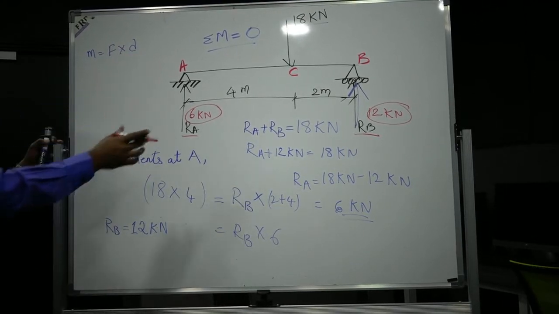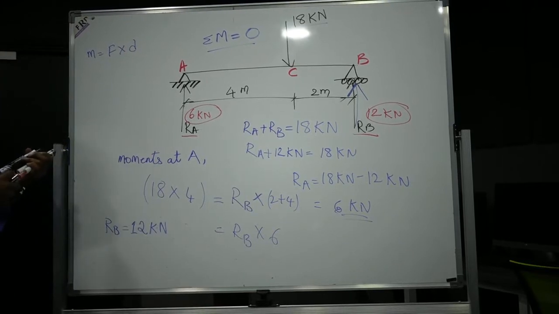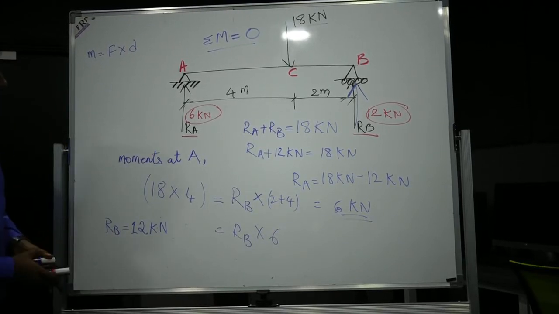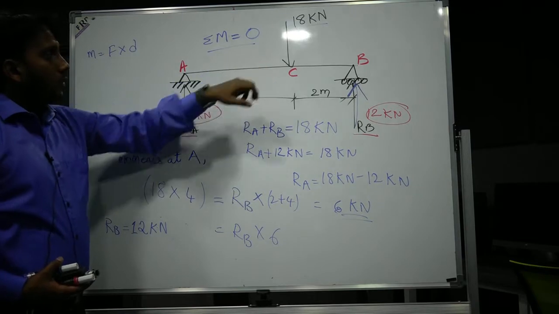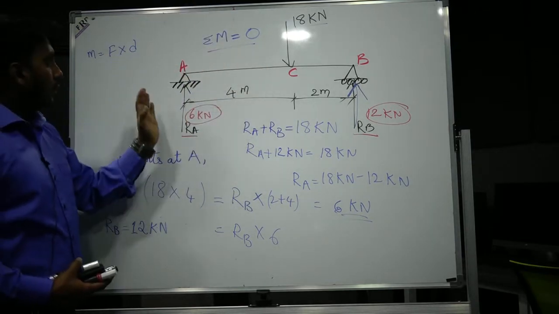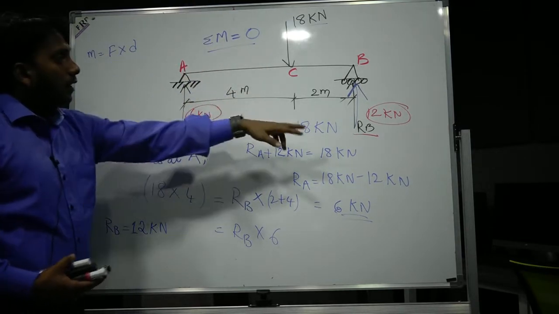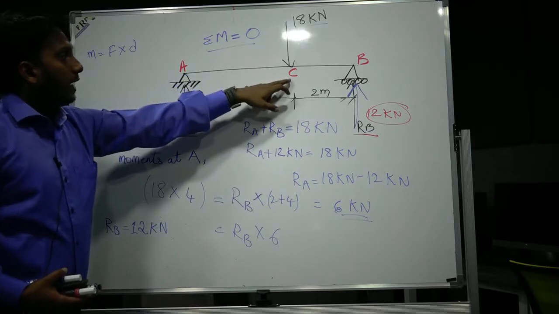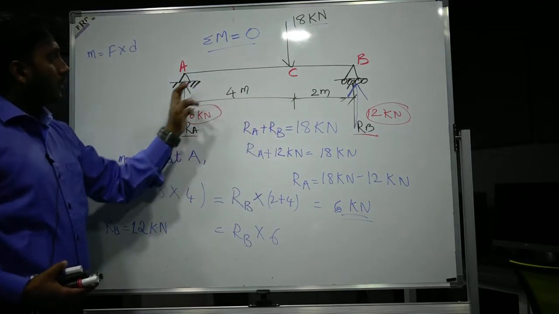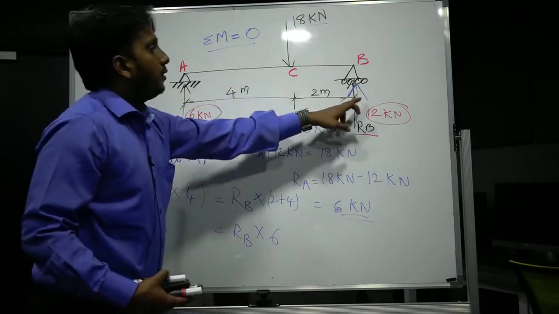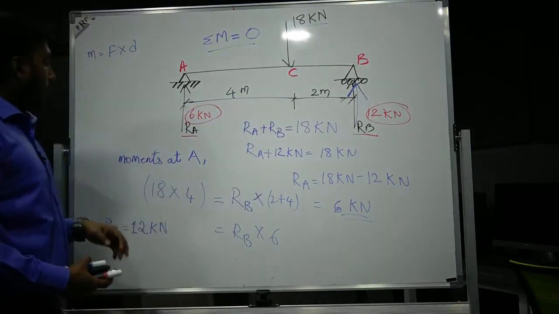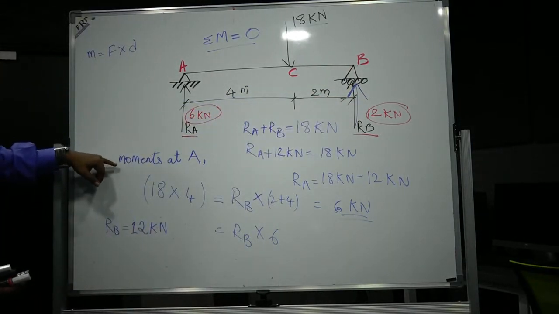I think this is a point load. So let me explain what I have done again. So 18 kilonewtons we are having as a point load. So these are RA and RB. This load is acting at C, which is 4 meter away from A and 2 meter away from B. When you take moments at A